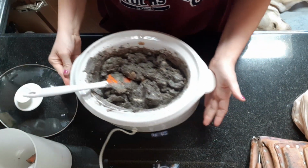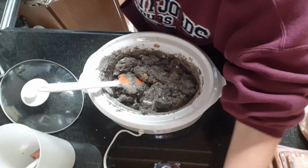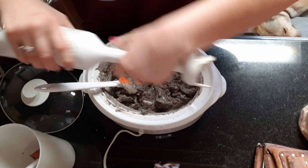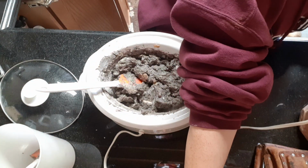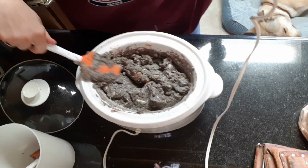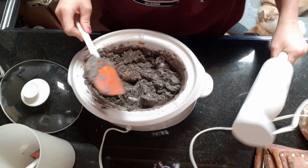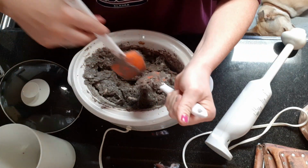All right, guys, I am back. I started stirring. I came in here and it looked like it was going to volcano out of the mold. So, in true Cassie fashion, we're going to wing it. I am going to stick blend for a minute and see if I can get any of these chunks that are in here rendered down, because they're kind of driving me crazy. And I don't really want the chunks in it, but...